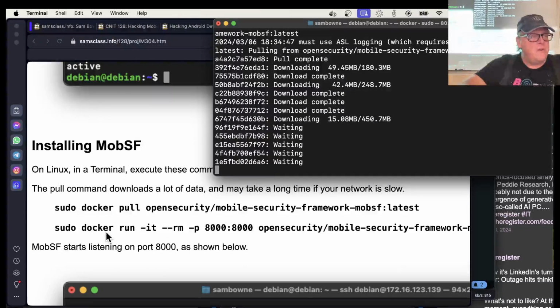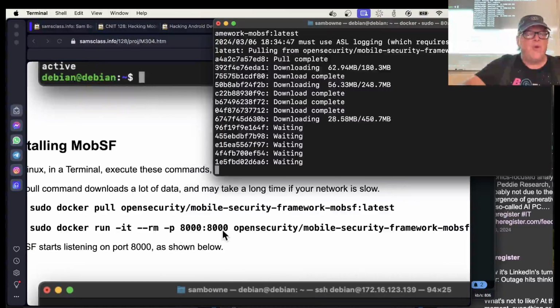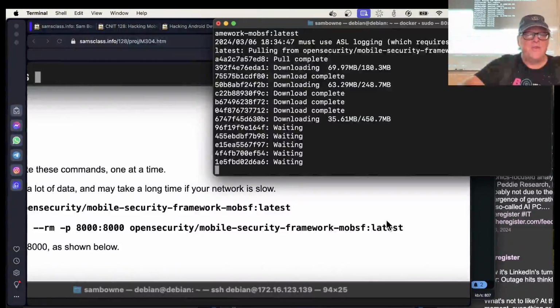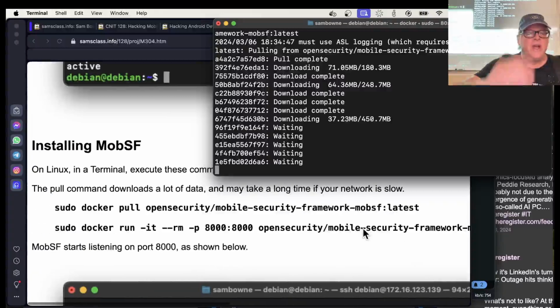You run a Docker image, it's just like a virtual machine. The difference is it's much smaller and much faster than a virtual machine because it doesn't bother duplicating files that are also present on the host. And so this is going to run it interactively, and it's going to expose port 8000. Port 8000 in the Docker container is going to map to port 8000 on the host. That's all I want. And that's going to run the latest version of the Mobile Security Framework,